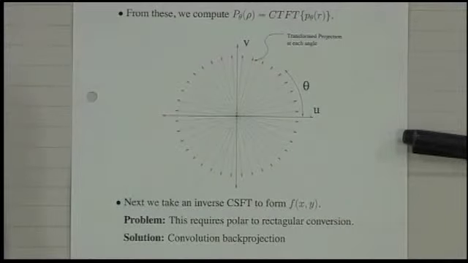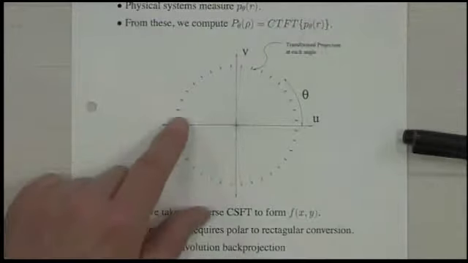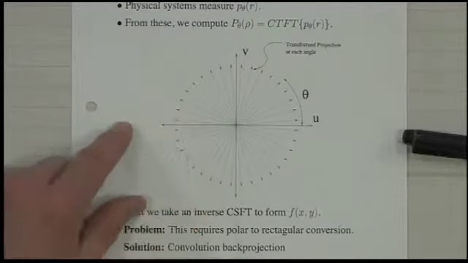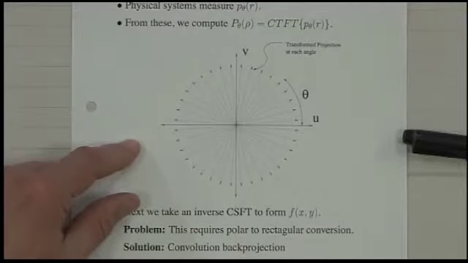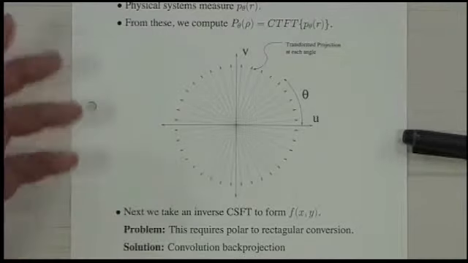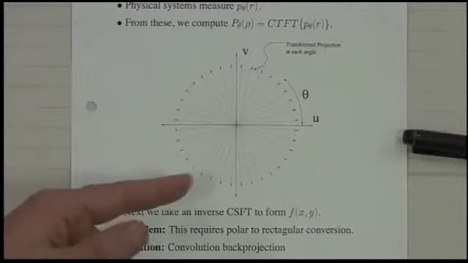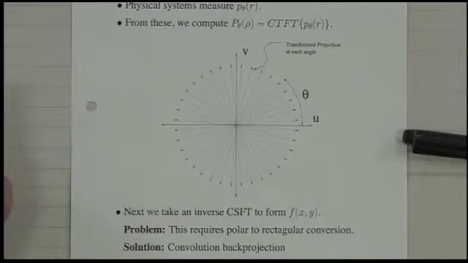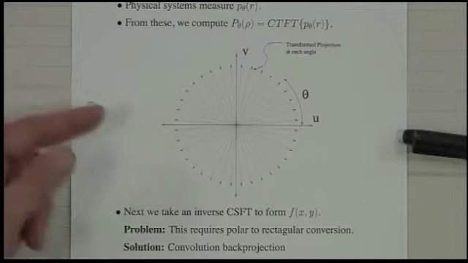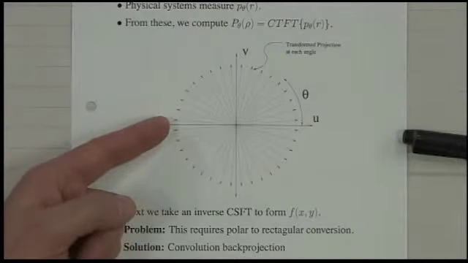But there's a hitch, okay? By the way, go back and look at the proof for this. But the hitch is this. Standard 2D FFTs are done on rectangular coordinates. So doing a 2D Fourier transform in polar coordinates is tricky. It's computationally very expensive. So you would need to interpolate on a rectangular grid. But interpolation on a rectangular grid is also expensive computationally because it's a non-homogeneous interpolation.